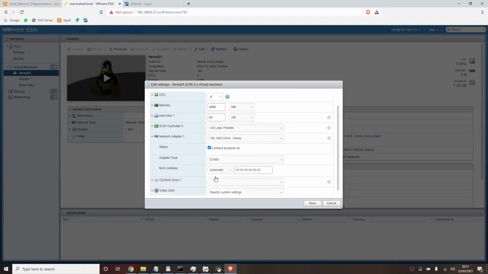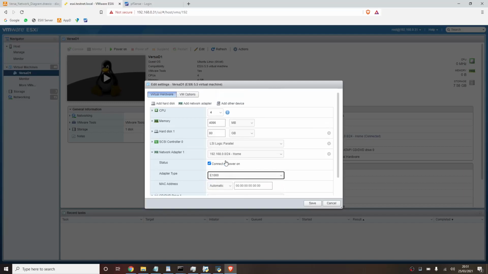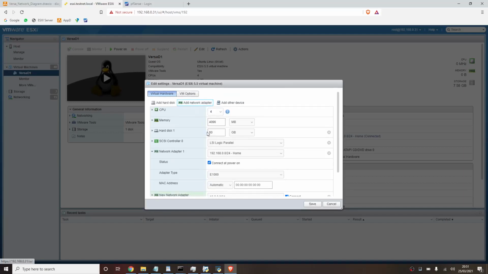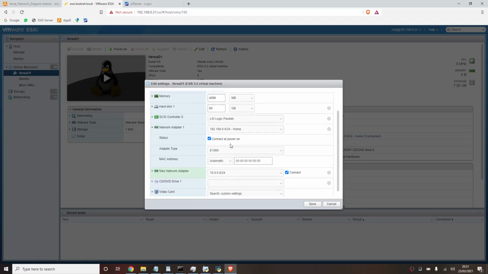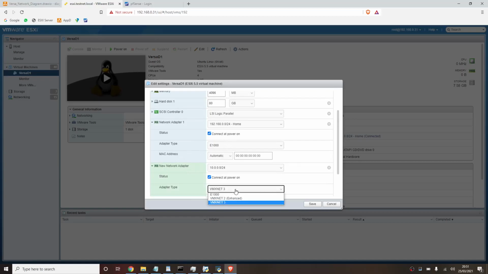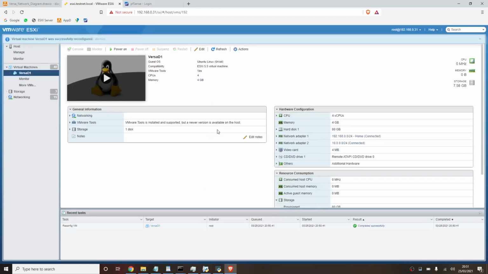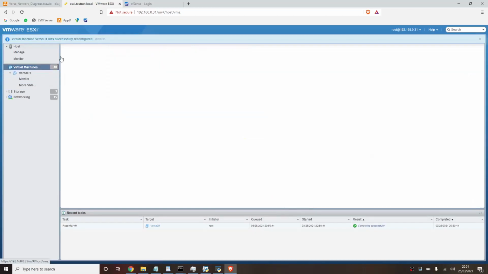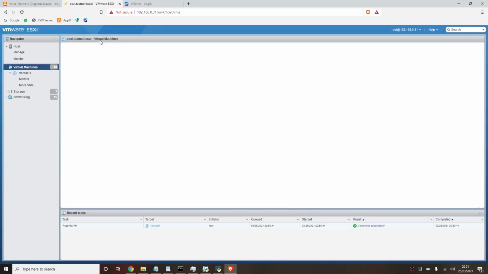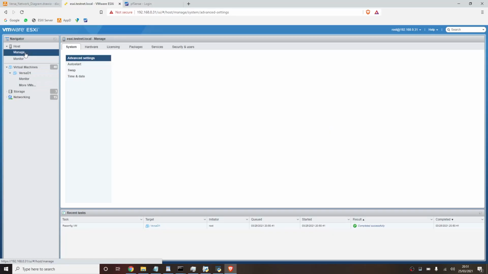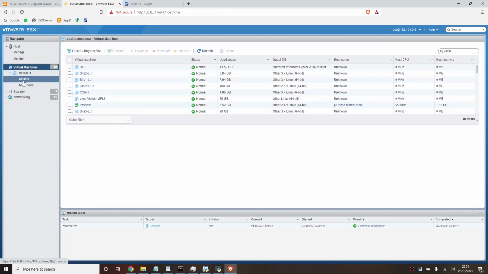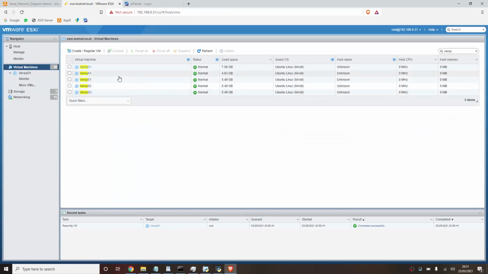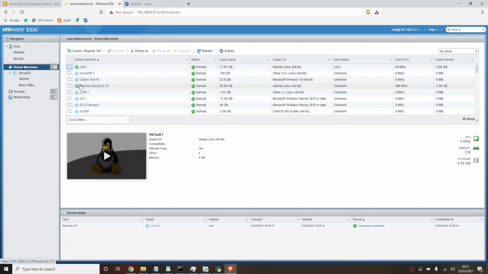One thing not to fall for as well is when we add another adapter, it'll be a VMX net. We want to have it as an E1000. Let's just add in the network adapter for the controller. There it is. And we'll just change it over to E1000. Done. Let's go back to our VM list. It's a nuisance that. Okay, then we'll do the same for, oops,